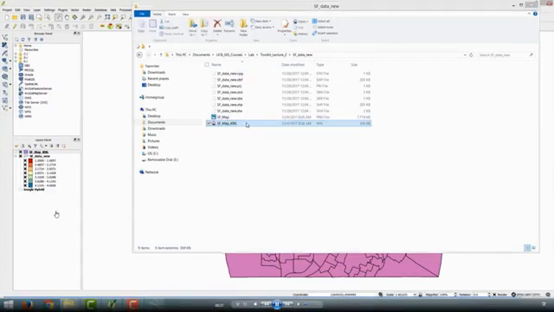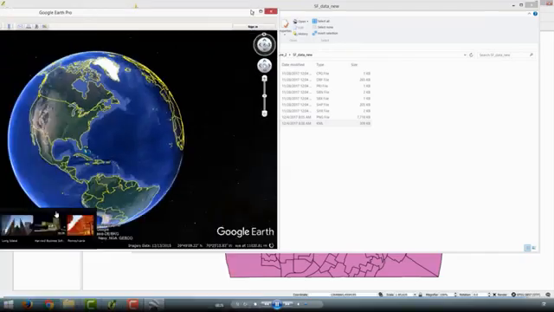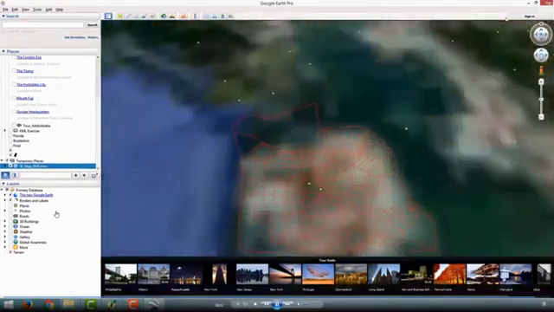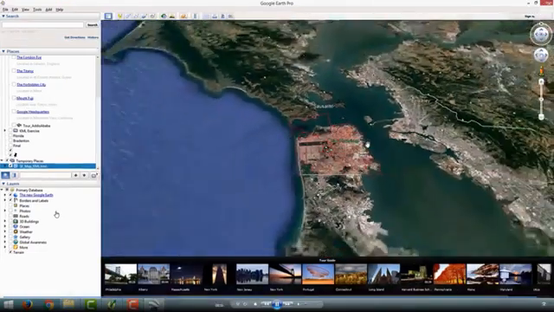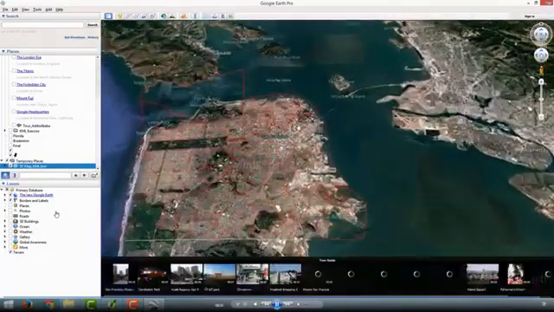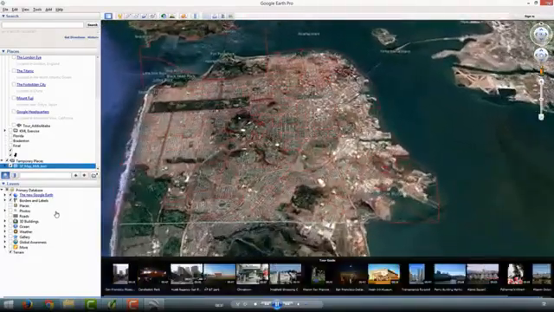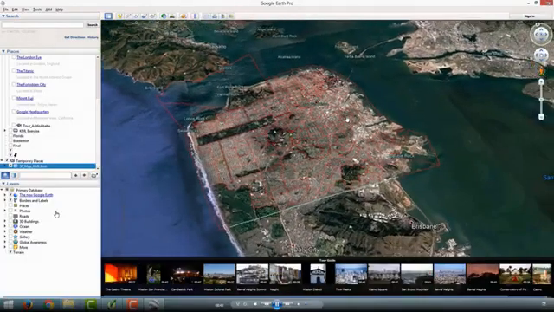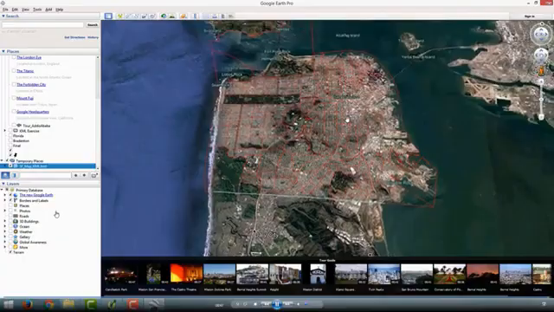Let's make sure by double clicking this file. And it should show up on Google Earth. Here we go. So now my SF new layer, my SF data, the shapefile, is exported as a KML file where I can visualize it on Google Earth. I can zoom in, zoom out, pan,